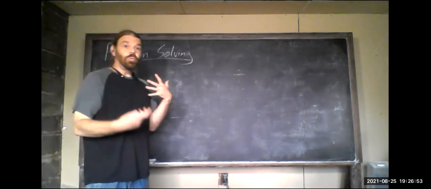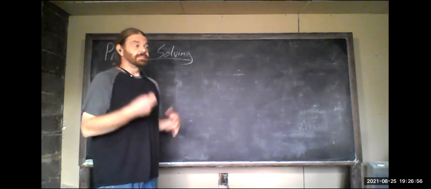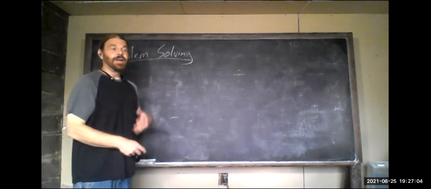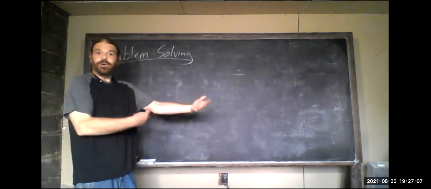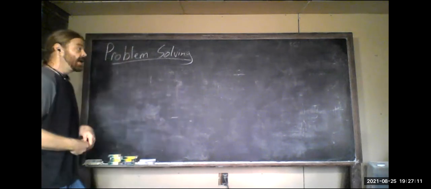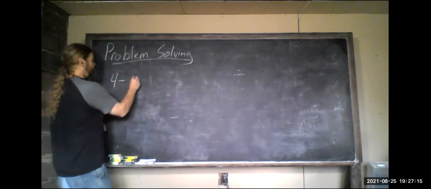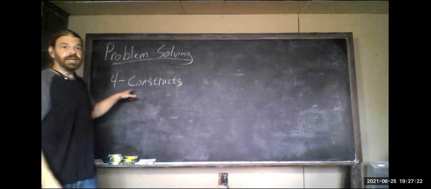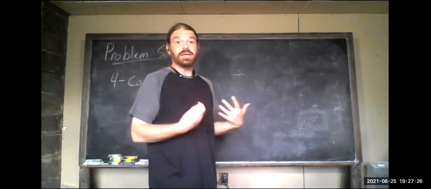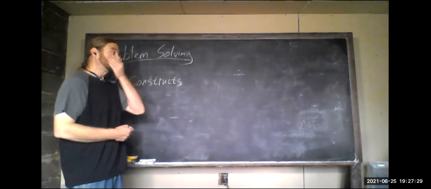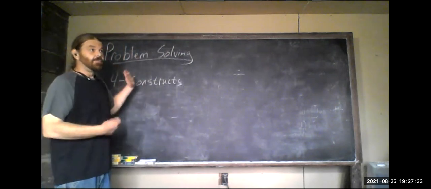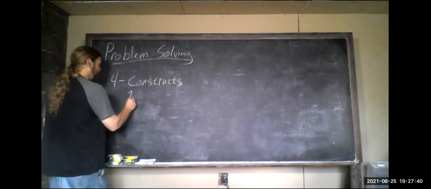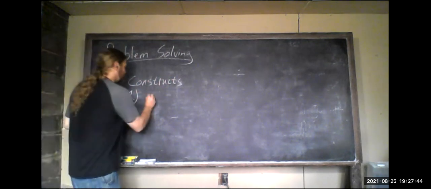In particular, what tools do we have to solve problems with? Obviously, your mind probably just now jumped to programming languages, because that's what we're doing here. But how do we know those programming languages can be used to solve a problem? There's this concept called four constructs, which is essentially the four types of tools we need to solve any sort of problem. It's been mathematically proven that these four things we're getting ready to list out can be used to solve any problem we might face. So the first one of our constructs is a sequential construct,